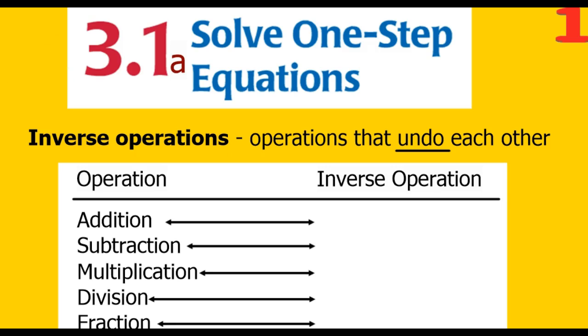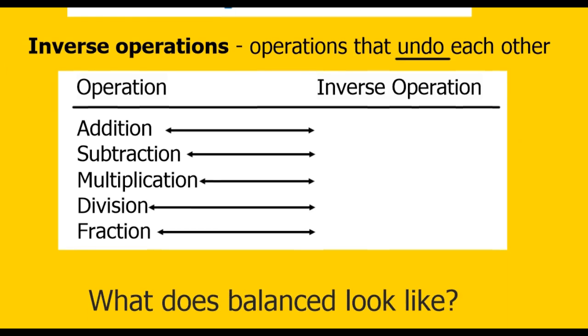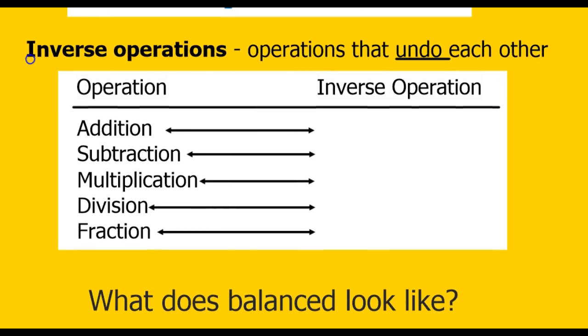So to start off with one-step equations, we first need to talk about inverse operations. Inverse operations are the opposite operations, the operations that undo each other. So inverse is the same as opposite. Now, if we're talking about opposite, we need to figure out operations that undo each other, or the opposite of